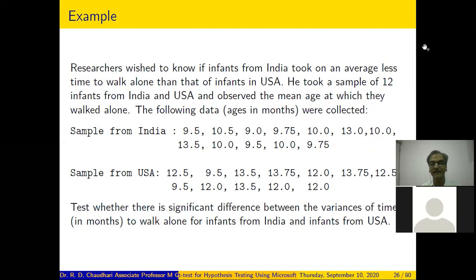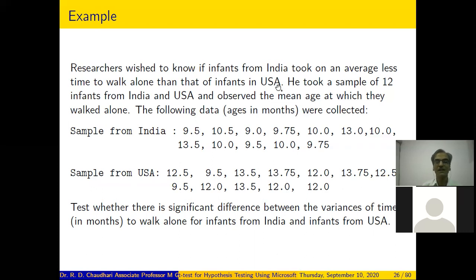The following data is collected: 12 observations from India and 12 observations from USA. The data is in months, that is age in months. The researcher wants to test whether the infants from India took on average less time to walk alone than infants in USA.